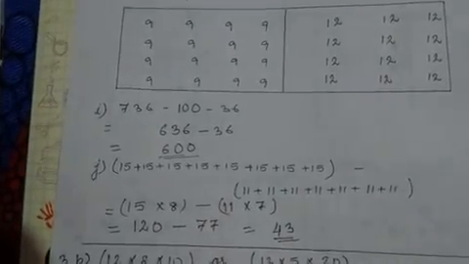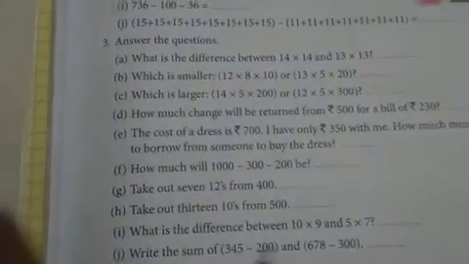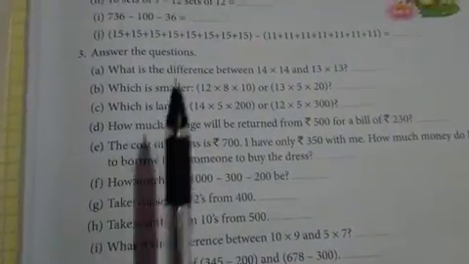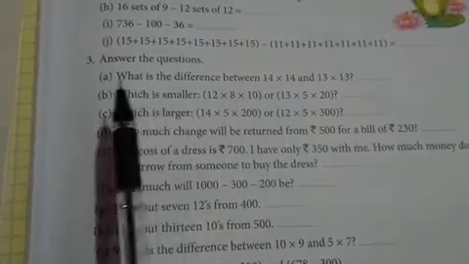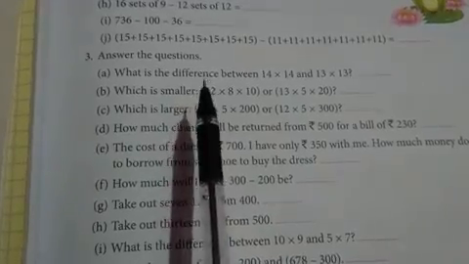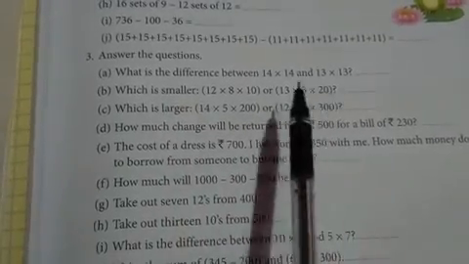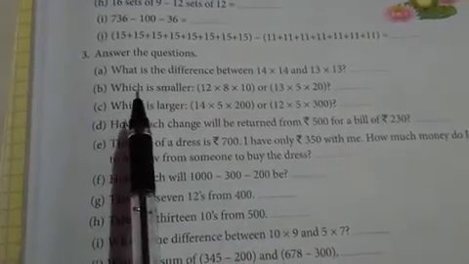Okay. Now we go to the next question. Question number 3. So 3b. I think A is similar to what we have done here already. See, this 3a is already similar. Find the difference. I have told you difference means you have to subtract. So you can do this. I think you can do it. So now the next question is,